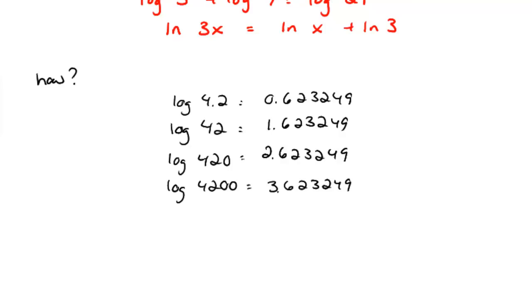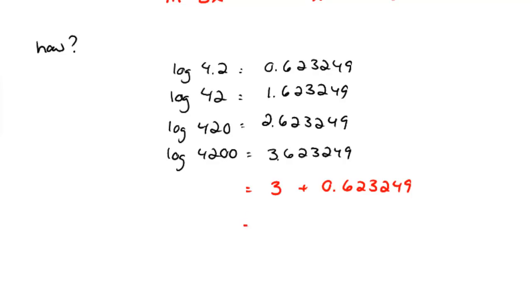3.623249. So let's actually split the right-hand side up into two bits. Even if you don't quite understand where I'm going with this, I think you'll agree that this is a legal move, that 3.623249 is equal to 3 plus then all those decimals. But the interesting part about that is that the 3 is actually equal to log of 1,000. Think about it. The exponent on 10 that gives 1,000 is 3, and we can see from just up above, let me highlight it here, that that's just the logarithm